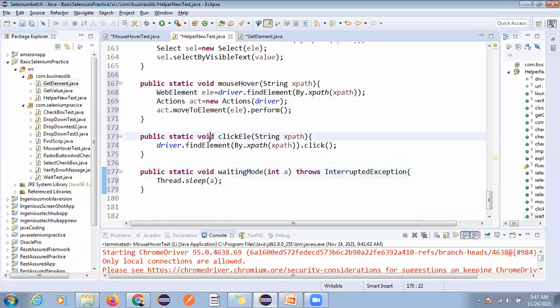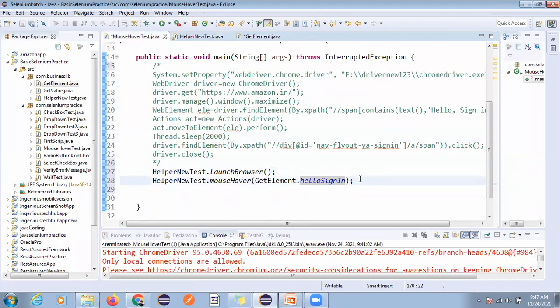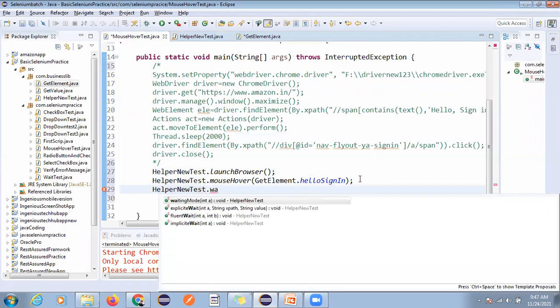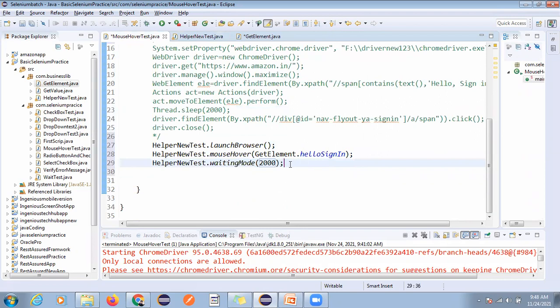You guys can write the name as per your own thinking. Now I will call helper dot waiting mode. I'm just writing 2000. You can also define this value from here, but this will not change. We can directly use it, but the element will change.